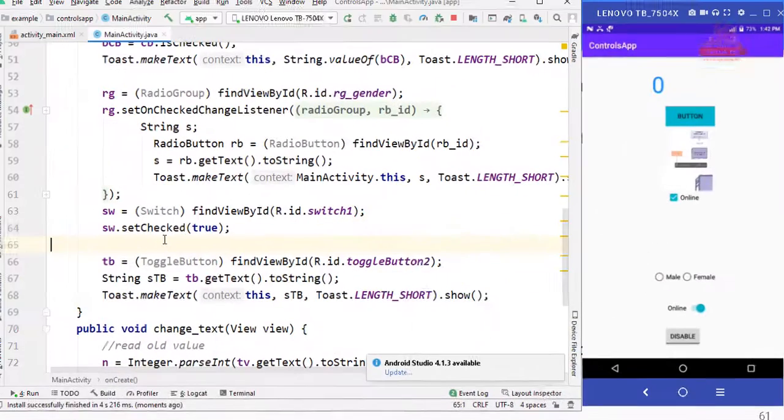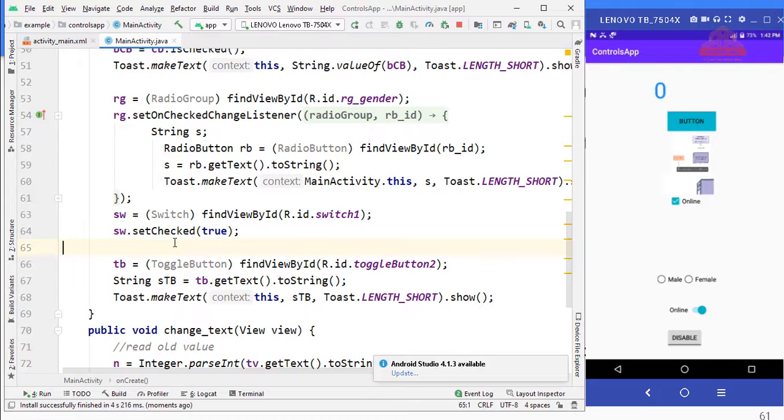Yes, we can set the checked properties or change them, and events also. Here you can see that by default it is disabled. When I click it is going to be enabled.